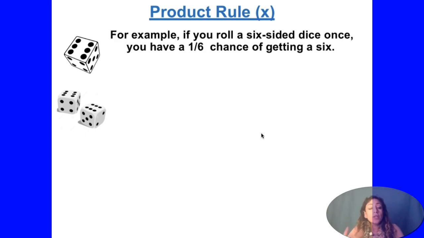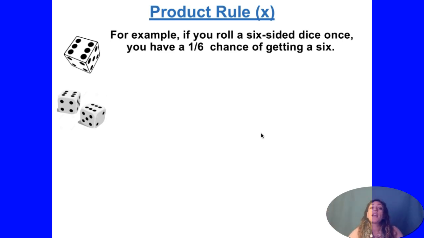That's a little difficult to understand. Think about it with dice. So for example, let's say we want to get a 6 and we have one die. So I'm going to go ahead and roll a die. What's the chances of me coming out with a 6? Well, there's only one face of the die that has a 6 on it, so I have a 1/6 chance